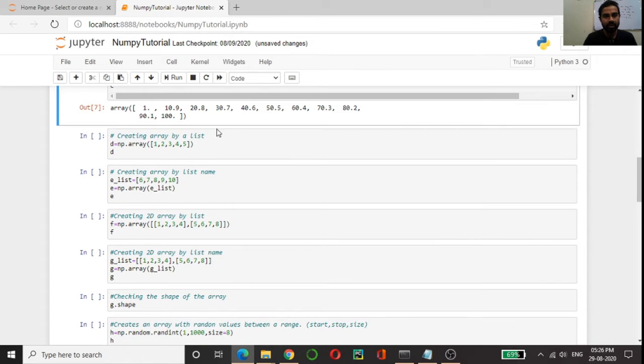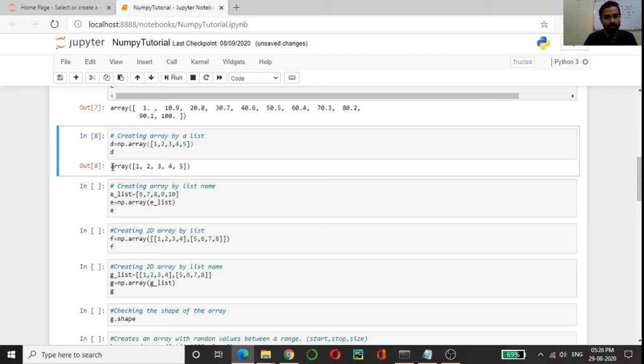So the next way to create an array is by list. In my last tutorial, I had told you how to create a list. So this is the basic syntax in which we can create a list. We have to just pass this list inside a method which is np.array. np is the object, we have imported numpy as np, dot array and this list. So it will simply create an array for you. You can see it is printed as an array.